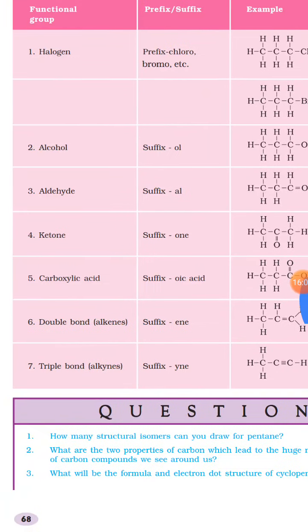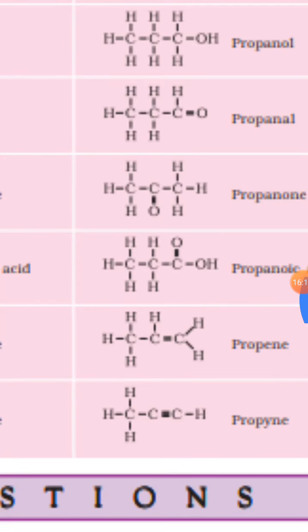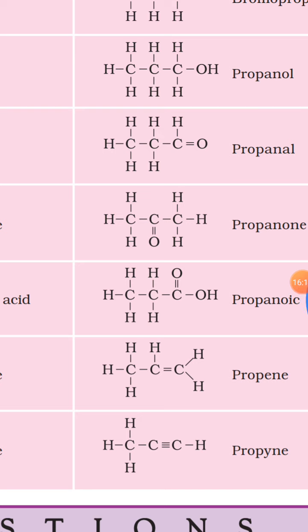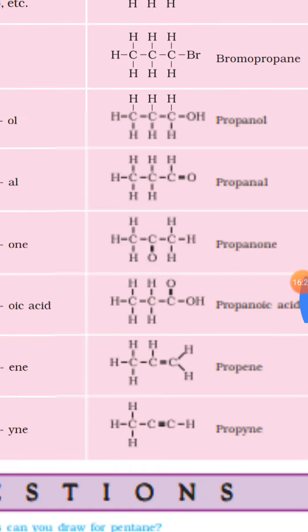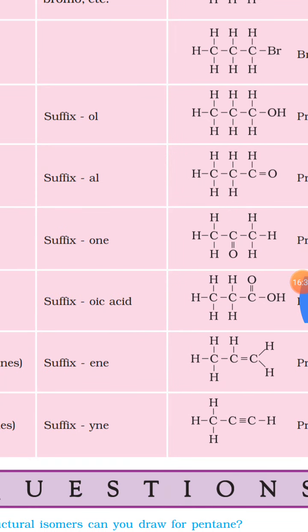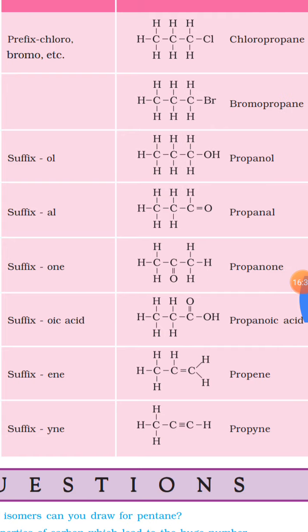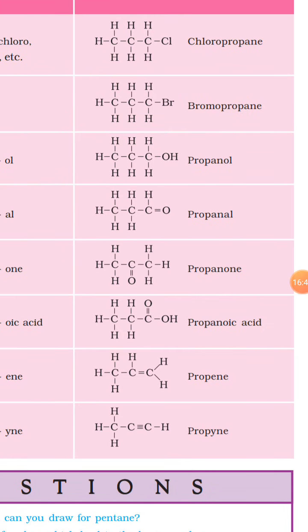Now, students, come to the next point, ketone. Ketone is a very important functional group in which C double bond O is there. You can see, students, in the center of this compound is C double bond O, and on both sides CH3 groups are added. The CH3 groups act as alkyl groups, and in between them the carbon double bond O is there. So due to 3 carbons, again the name prop, and as we can see, the suffix "-one" is added. It is pronounced "-one". So, students, propanone is the name.